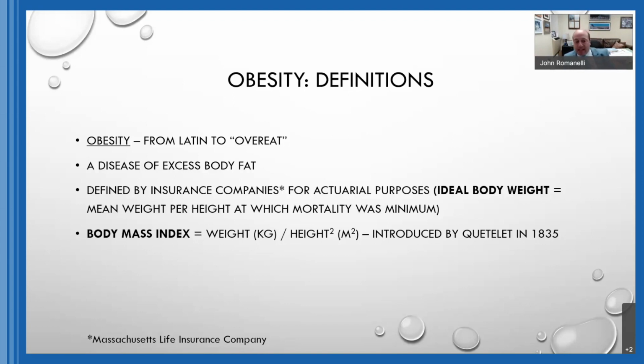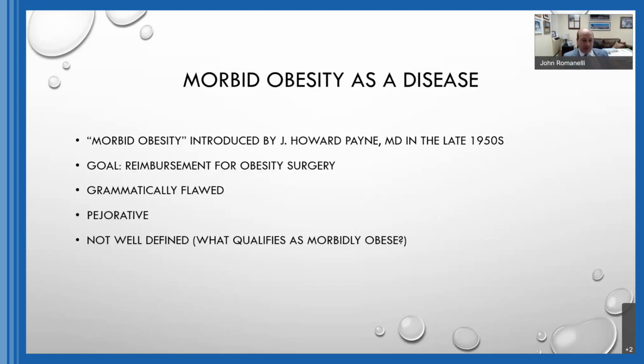Now, body mass index is a term we use more commonly. It's an almost 200-year-old term, and it's weight divided by height in meters squared. The example I like to use is the basketball player Shaquille O'Neal. I said to you, well, geez, Shaquille O'Neal weighs 320 pounds. You go, gosh, that's kind of big. Then when I tell you he's 7'1", you realize he's not even obese. So weight divided by height squared is a more accurate picture of measuring how obese someone is.